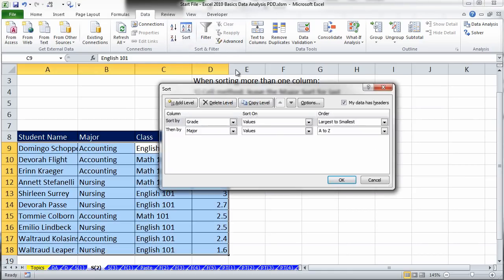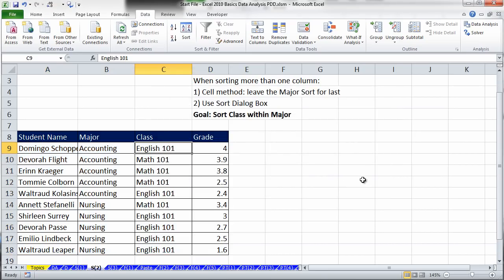No problem. I click the sort. I can simply click on one of these and move it up or down, right? So I'm going to use this one right here. So when you're using the sort dialog box, the major sort is on top. That means the final sort, right? You want all those items together. So now I'm going to click OK, and boom, we have sorting with 2 criteria or on 2 columns, accounting